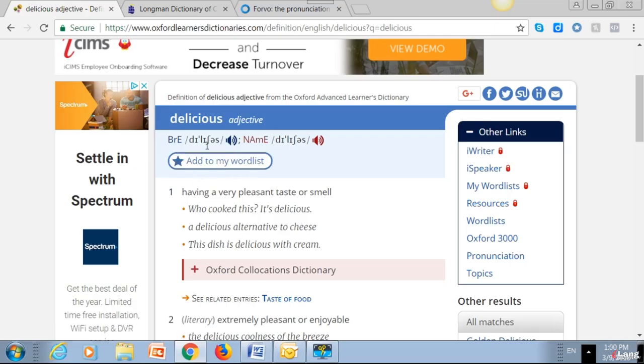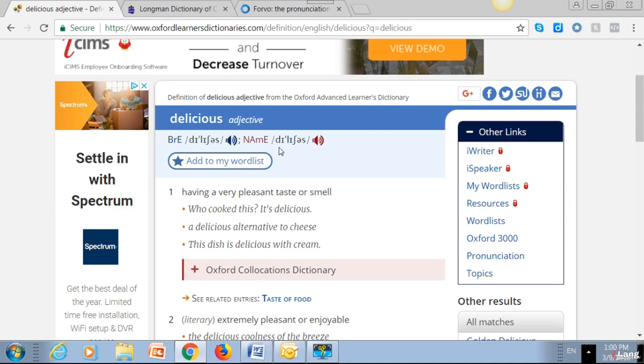And you'll notice that after that, you have American English. In red, the second entry, NAME, is North American English. So that would be American or Canadian. For both British and American English, you can hear them pronounced if you click on the microphone symbol. So you can compare both of those pronunciations if you like. But what I want to illustrate here is how to actually read these symbols. Let's take a look at the American one right here.